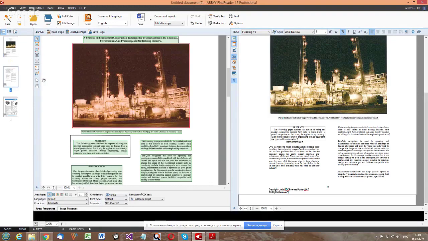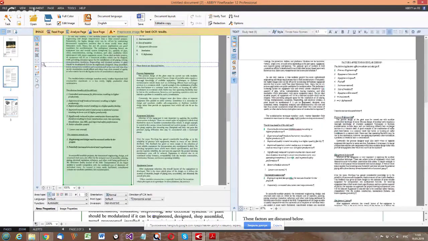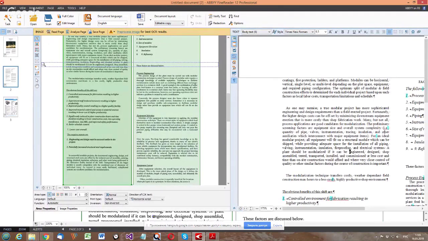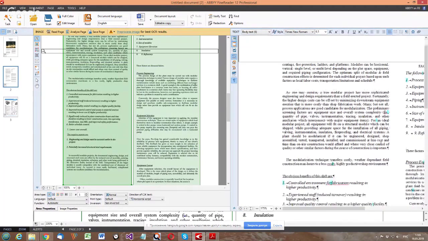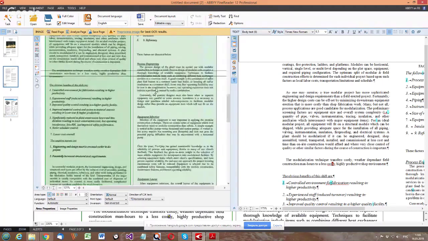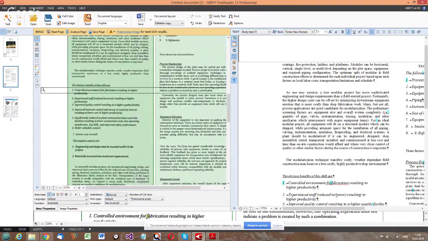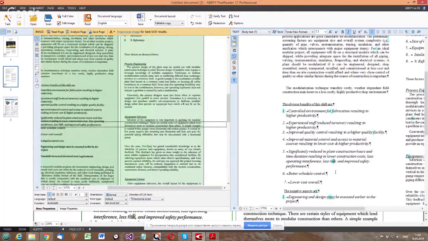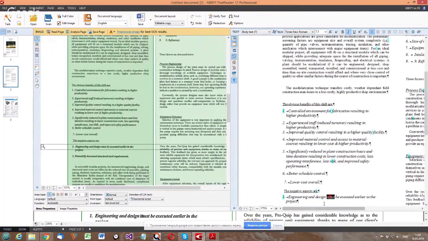Let's go to the next page. Here, let's first have a look at all the spell check errors and at the low confidence characters in turquoise. So I can see that "costly" was recognized as "COSD". So I will correct, sorry, Russian. For "fabrication", there is no space between two words. I will insert it. Let's go down.